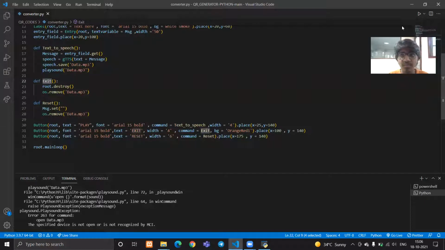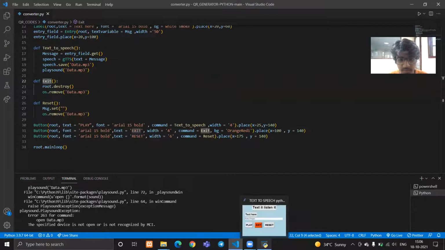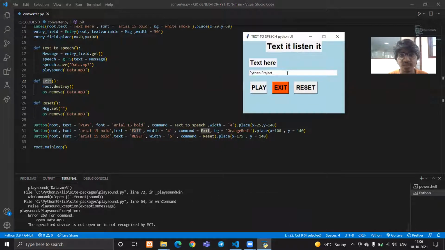Okay, now let me execute that again for you. It's already executed. This is the py file. So when I click this exit button, the whole window frame will get destroyed, and our OS, the operating system, will remove that particular file, so that we can again write something and play the sound.